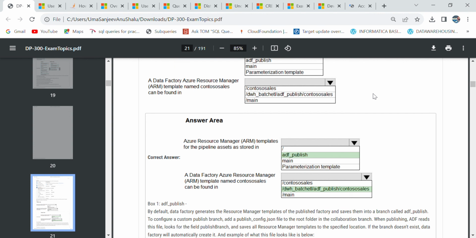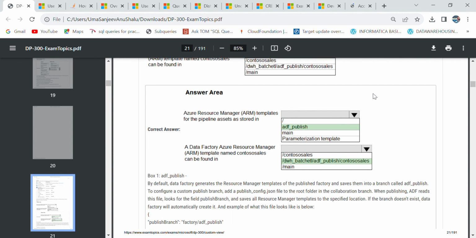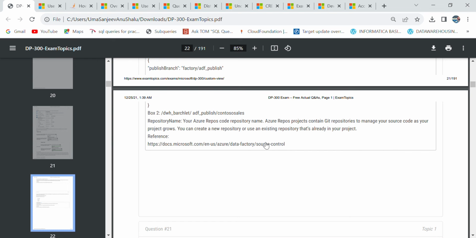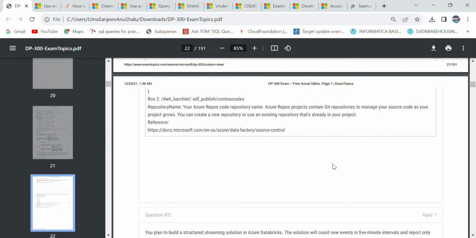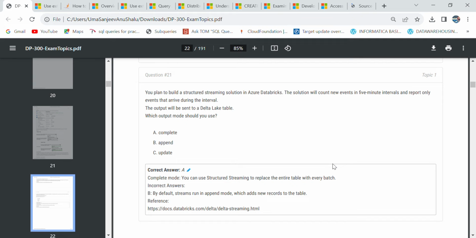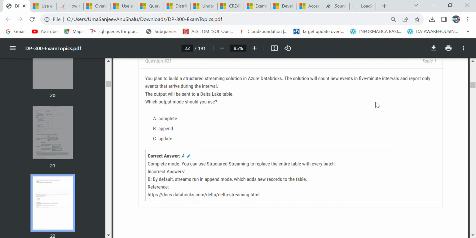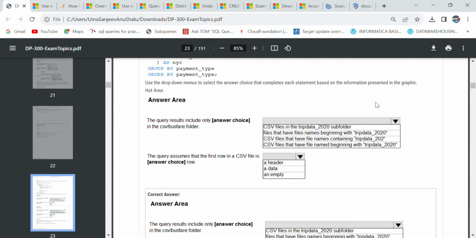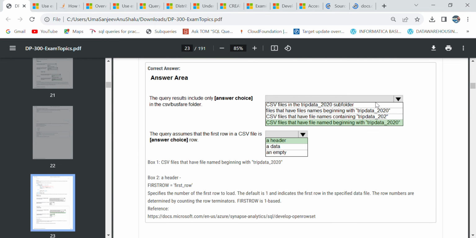Here the correct answer is adf_publish and databricks batch ETL, adf_publish control cells. Let me open this link also so that I can provide it in the description. Here the correct answer is A, complete, and this is related to Databricks and Delta streaming. In this the correct answer is CSV files that have names beginning with trip data and a header,